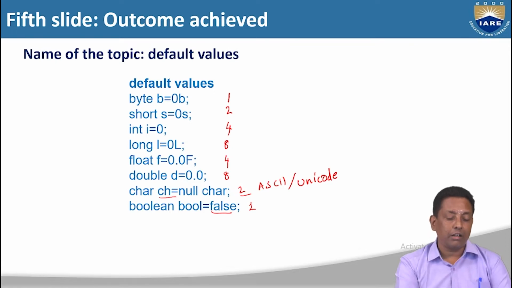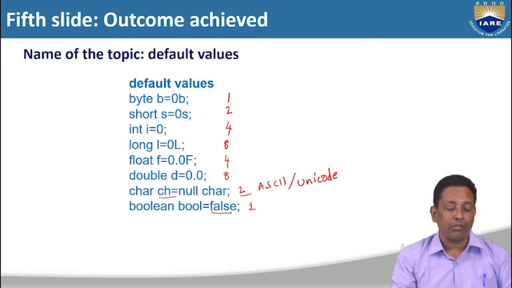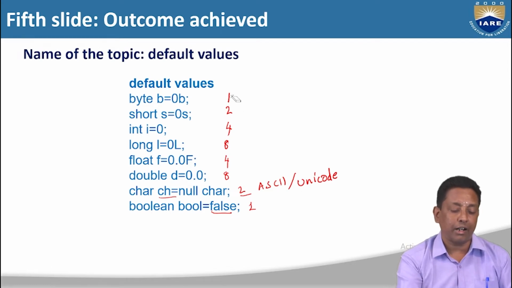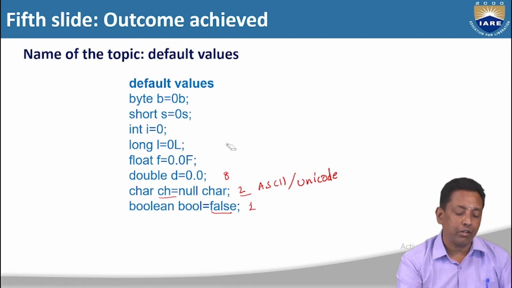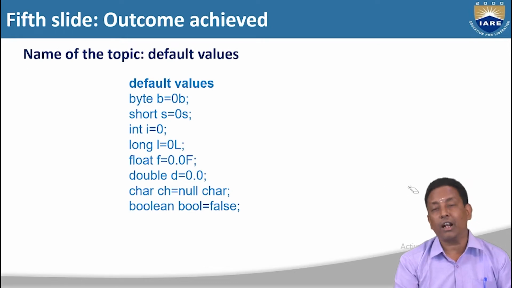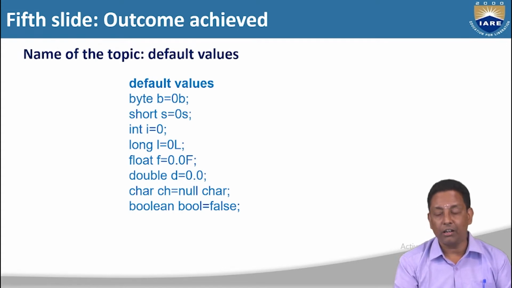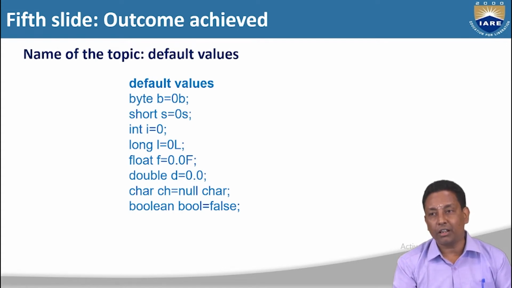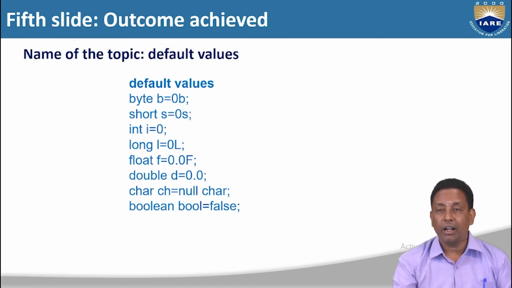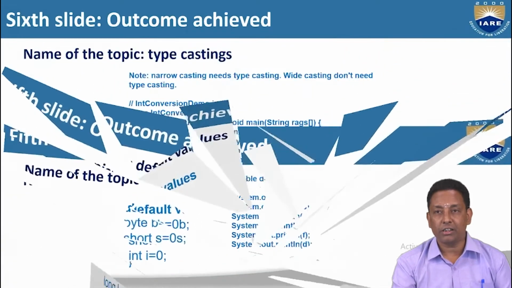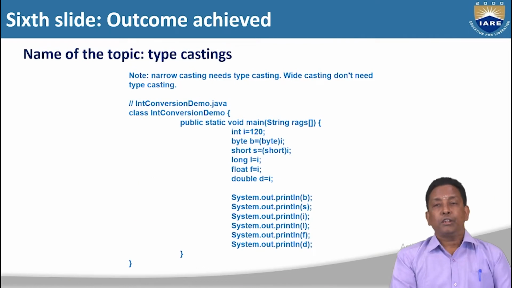Why I am addressing the memory requirement for these primitive data types is that in the next session we are going to discuss type conversion from one data type to another data type. In type conversion, if you keep the memory occupation in mind, we can assume whether the value can be assigned to the target data type or not. So anyway, that we'll discuss in the next session. So in this topic, we are discussing typecastings.